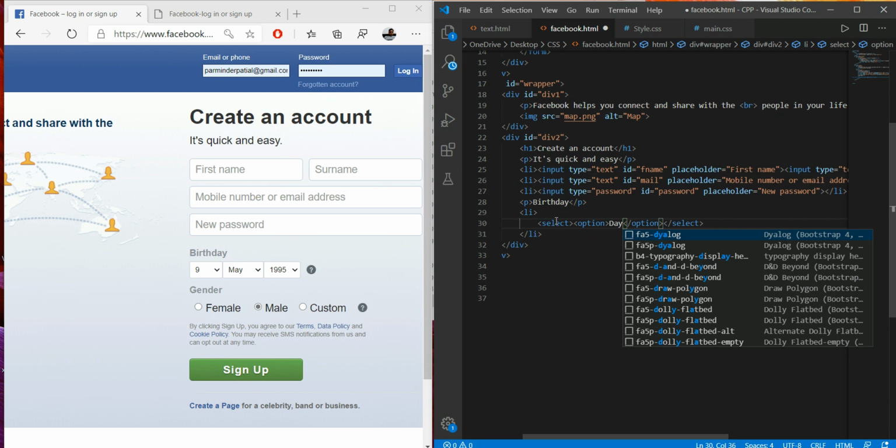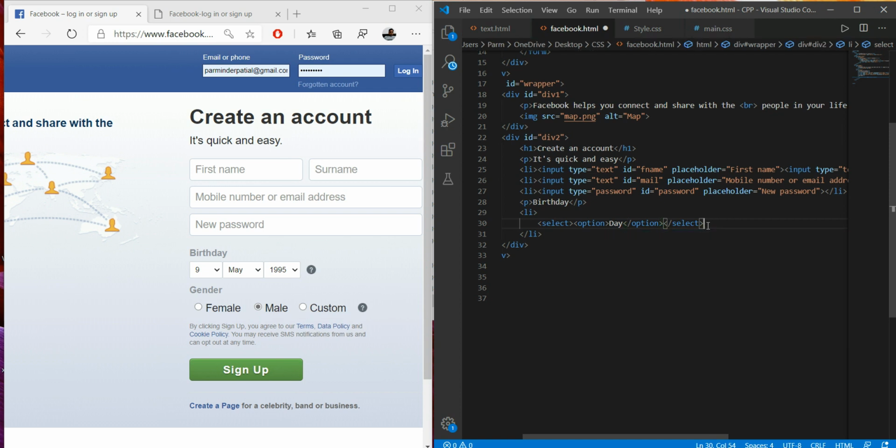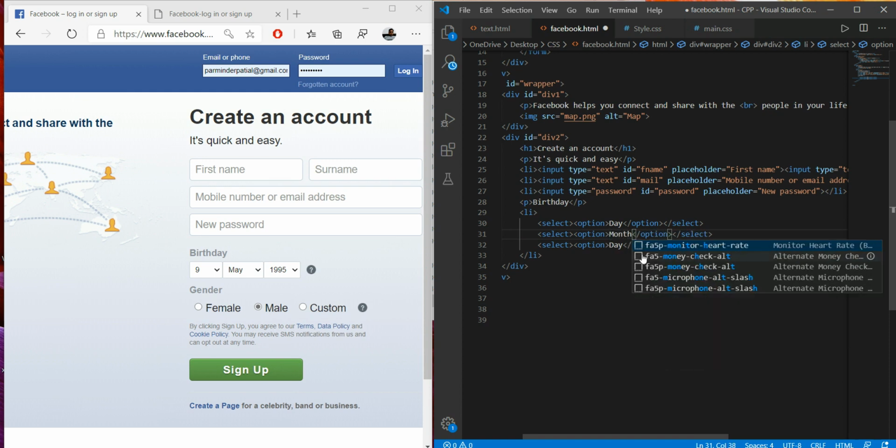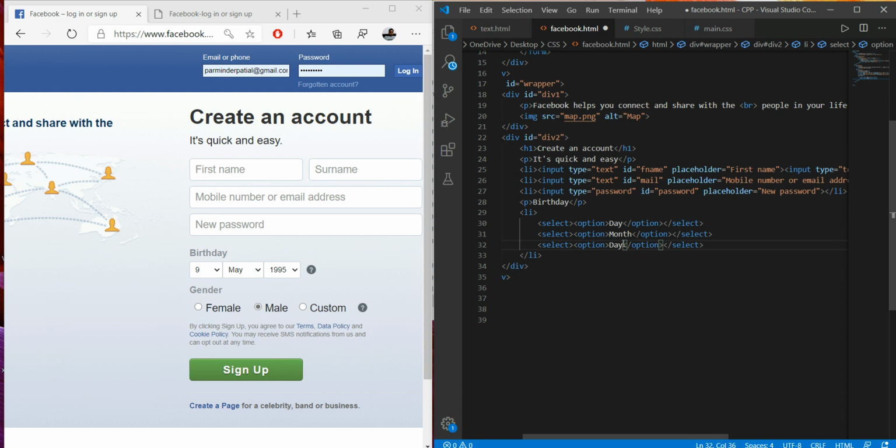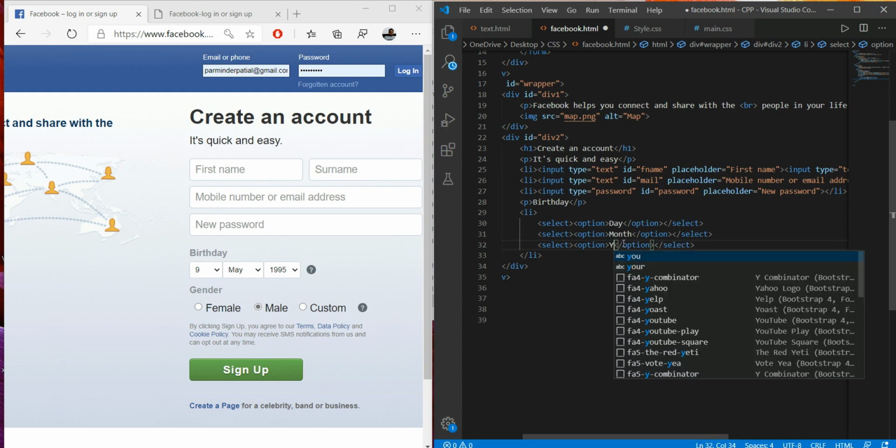Actually you have to give the values from 1 to 31 over here, but I'm just putting a single value, day, and I'm just copying this, Ctrl C, Ctrl V, Ctrl V. So here I need month, and here we need year.